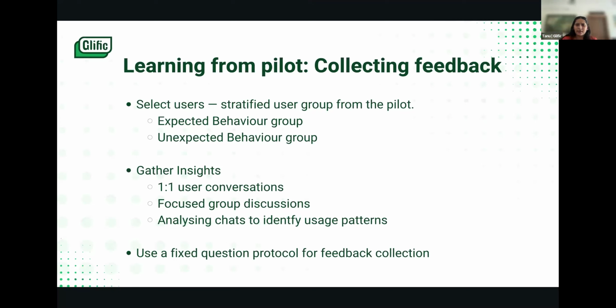There are multiple ways that you can reach out to users and conduct this sort of qualitative feedback cycle. The most common one is that you go on ground and speak to them one on one, with a set of questions prepared, to understand why they interacted with the chatbot in the manner that they did. The second thing you could do, which is a little more time effective, is hold focus group discussions with a group of users who are easily reachable. You're doing the same exercise but with a group of users.